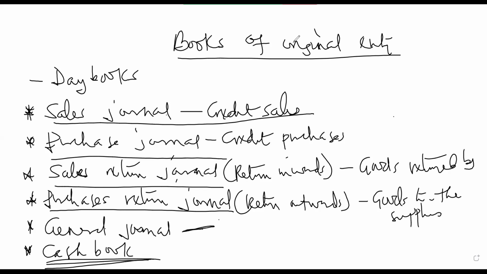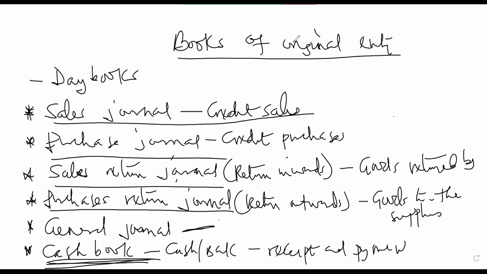And the cash book, we have a single column cash book, a double column cash book, and a 3-column cash book. If it is a double column cash book, we have both the cash and bank there. So the cash book will record the receipt of cash and also payment of cash or check if it is double. Okay, so receipt and payment of what? Cash.